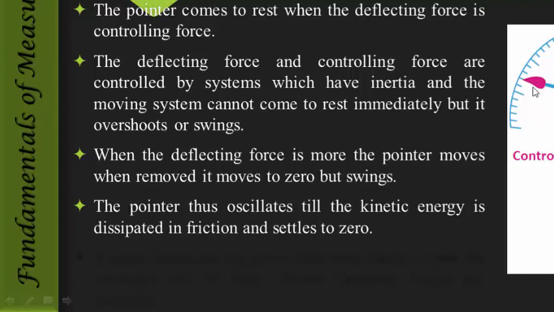So what does the damping torque do? It avoids oscillation and makes the pointer settle at 0 immediately. So often we give extra forces so that the oscillation time will not be long and we can take the readings immediately. If there is no damping torque, the pointer keeps oscillating and it will take a lot of time to note the readings. That is why we give extra effects to have this damping torque, so that the pointer settles at 0 immediately.